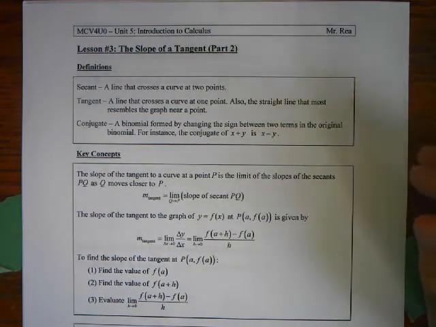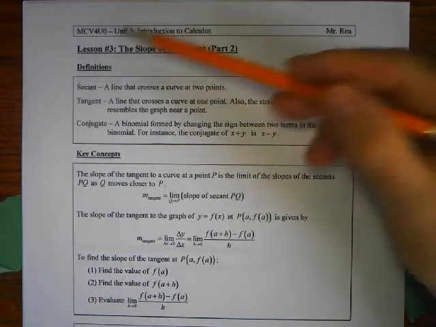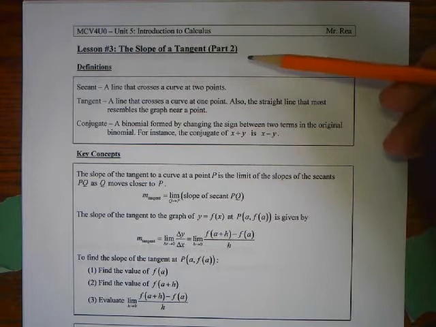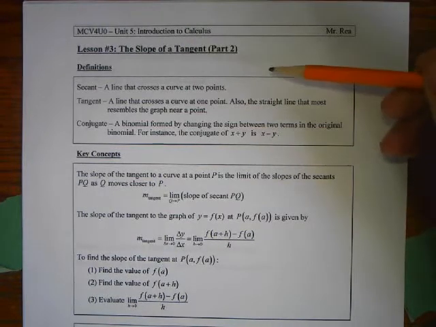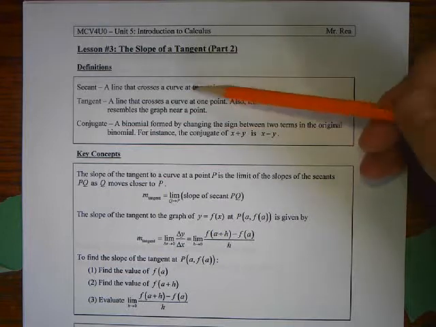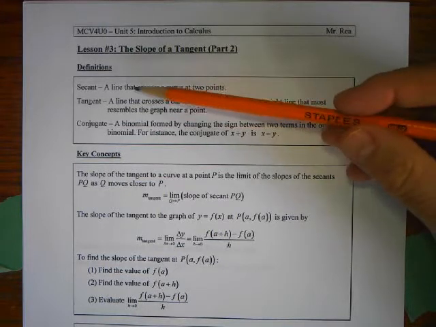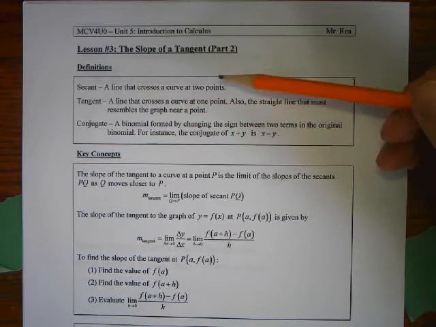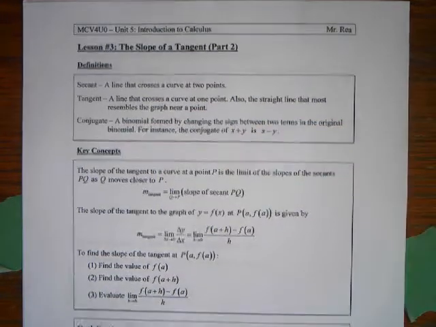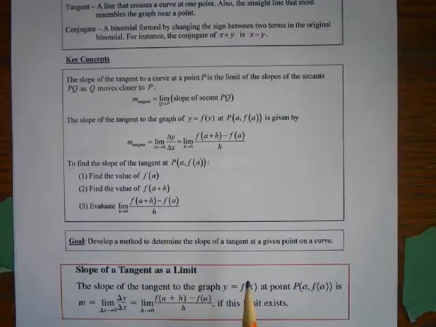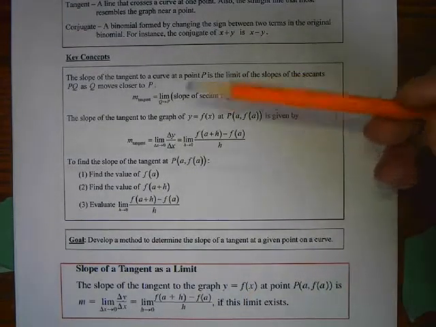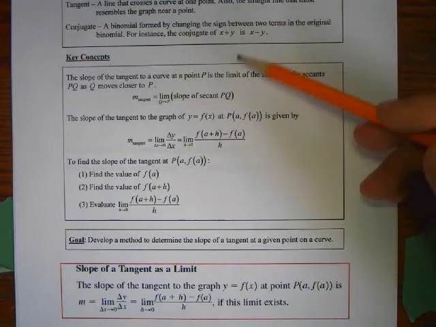On the regular course, this would be Unit 5, Lesson 3, which is slope of the tangent part 2. It's just a continuation of what we did in the previous lesson. The definitions here, secant, tangent, conjugate, should be meaningful at this point. If they're not, just reread the definition. Now in terms of the concepts, just to reiterate what we've been doing,